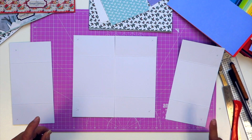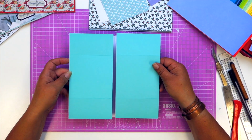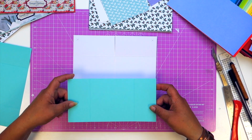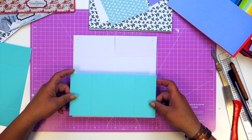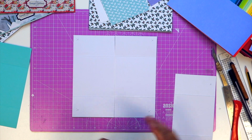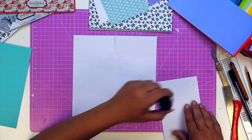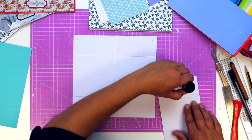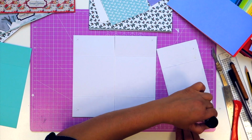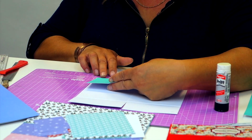You need to glue these corners together, but don't do it like that because then it won't work. What you need to do is glue it at 90 degrees to your original base card. So I'm going to use a glue stick, and you don't glue the whole of this panel here. You just glue about a square on each corner that you put the cross on. Line that up like this